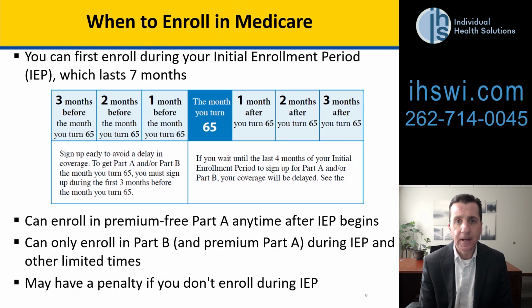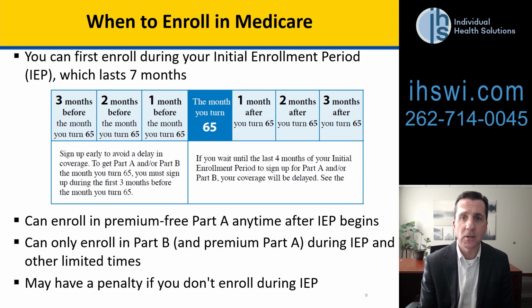So when to enroll in Medicare? If somebody is wanting to enroll in Medicare when they turn 65, there actually starts an initial enrollment window 3 months before their birth month. So for example, if somebody's birth month is in July, April is the earliest that that person could sign up. So April, May, and June, the 3 months prior to their July birth month, they can apply for Medicare.